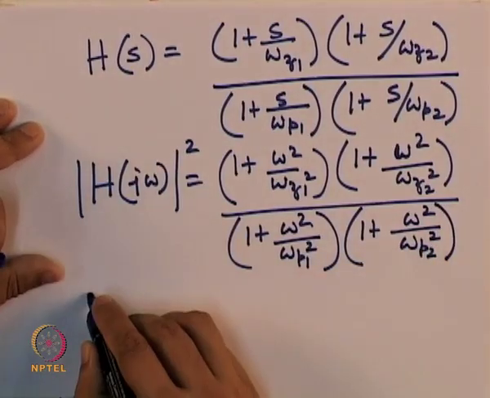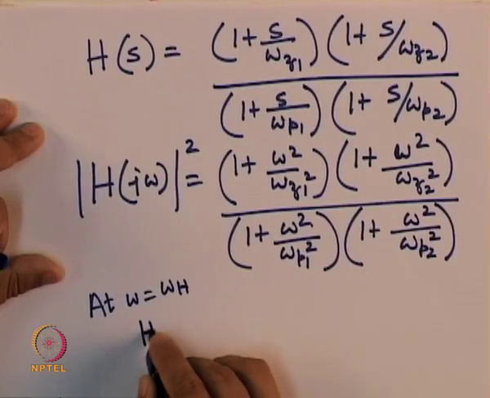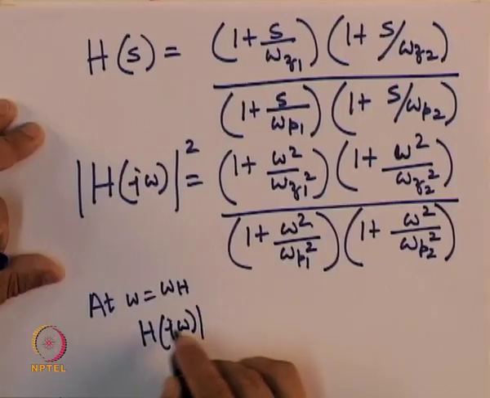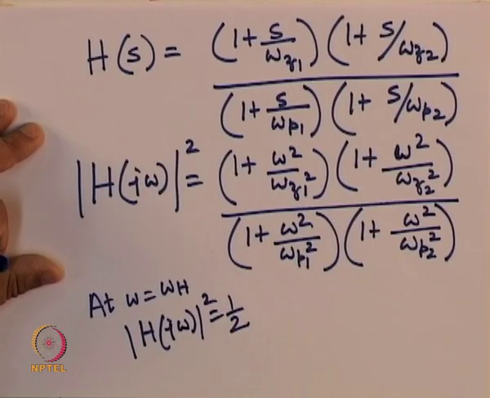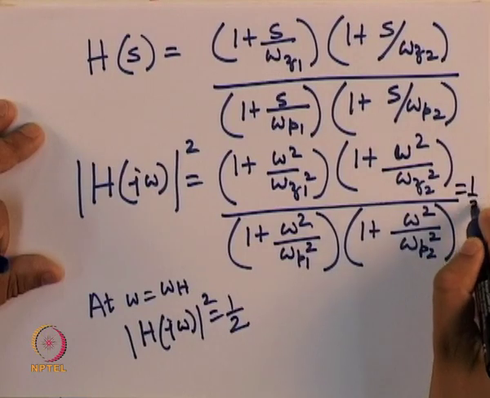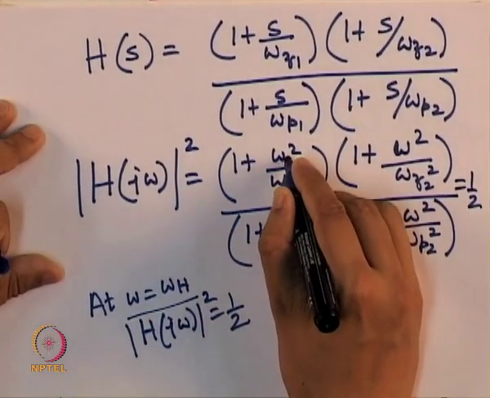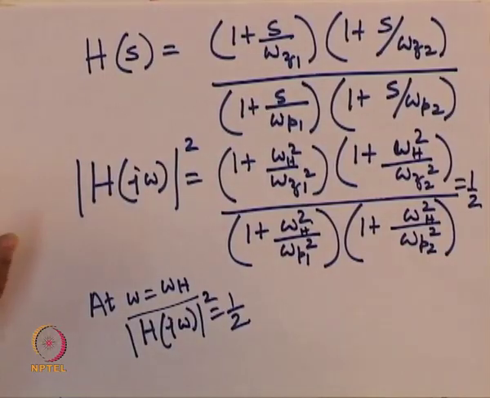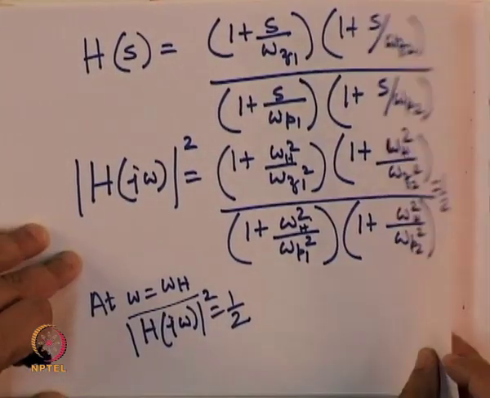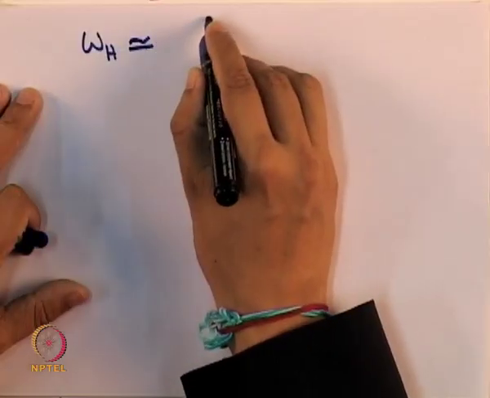Now at omega equal to omega h, this becomes equal to half, just like the previous case. So we can substitute omega h here, and then solving for omega h, what we will get is an expression like this,